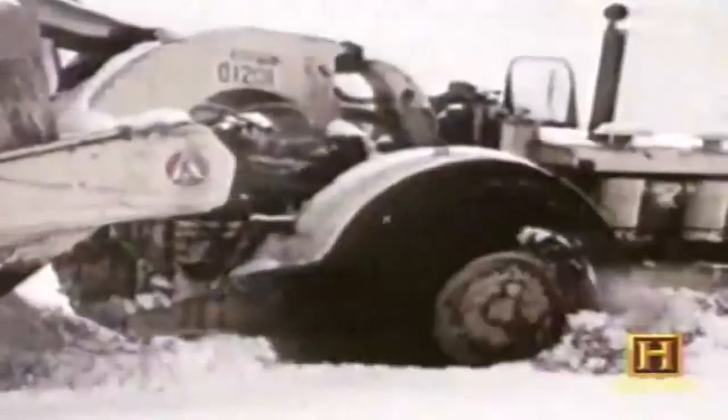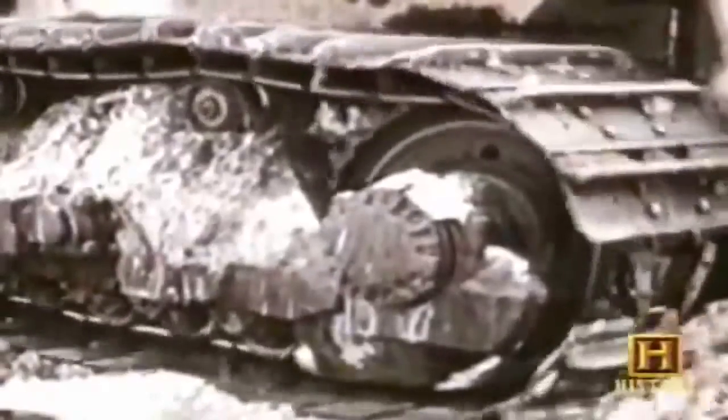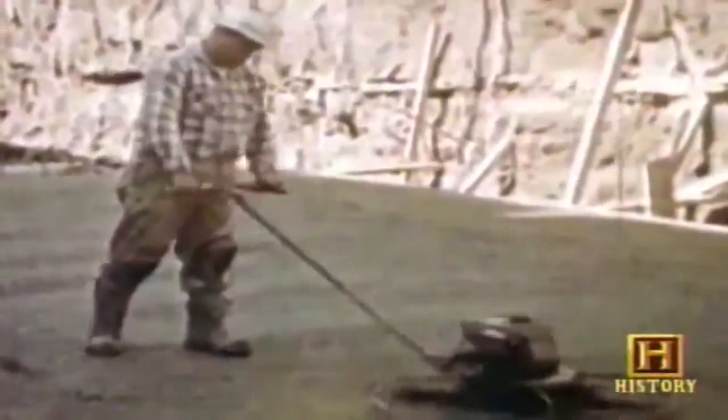The construction of the power station called not only for a portion of the gorge wall to be removed to enable the placement of a power station there, but it also required the excavation of a deep forebay, and it called for 2 tunnels to be dug under the city of Niagara Falls. More than 3.5 million cubic yards of concrete was poured. Almost 10 million cubic yards of earth was excavated, and 24.5 million cubic yards of rock was displaced during the